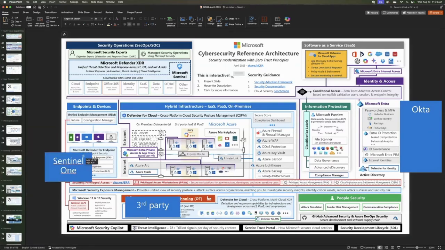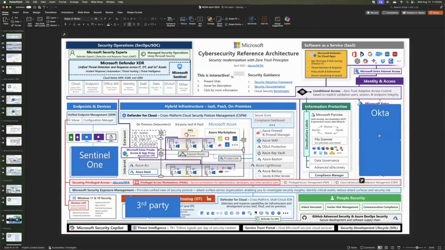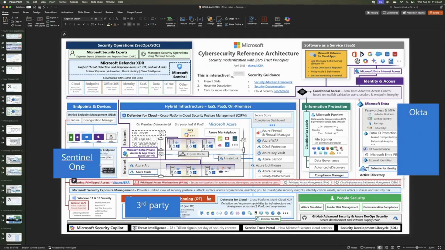So now if we talk about how you use SentinelOne today and how you use Okta today, can you still get that same outcome? Now the answer is probably no, but can you still get that same outcome? If you want that outcome, then we've got to figure out how we make some investments here to get all this stuff integrated and talking to each other, assuming it can be done. Or let's maybe look at how we can reach that outcome using the Microsoft native tools. So that's another way to address it.